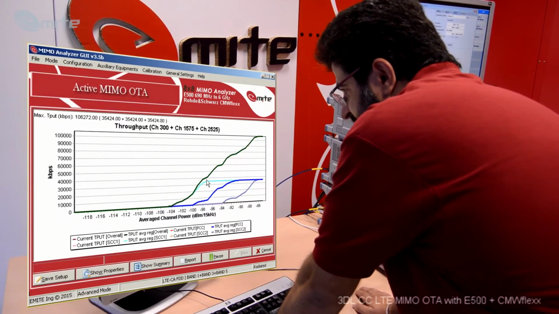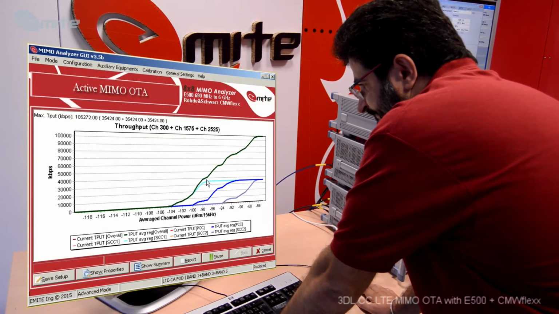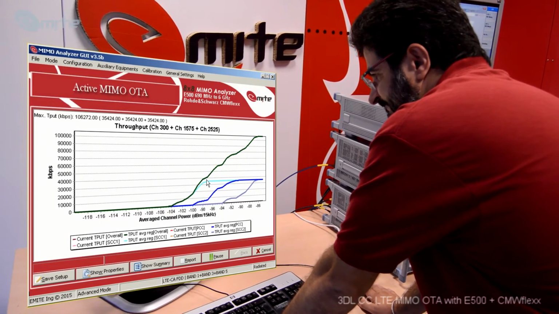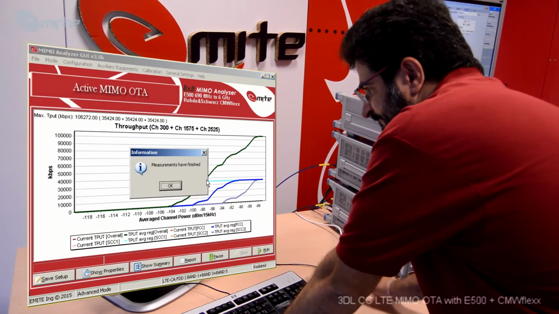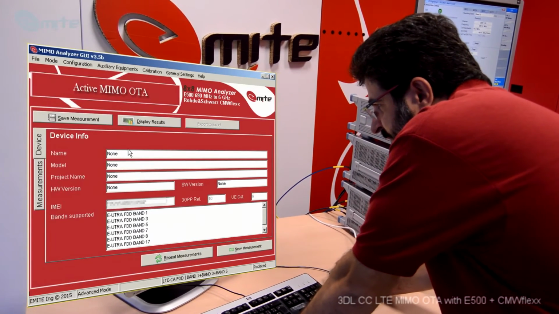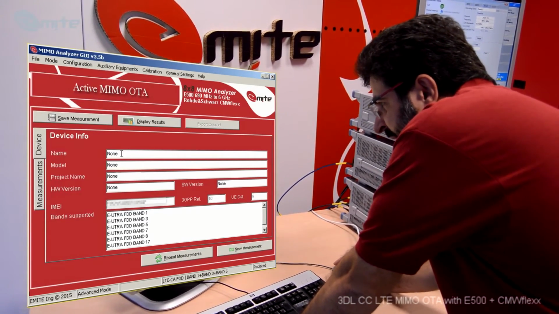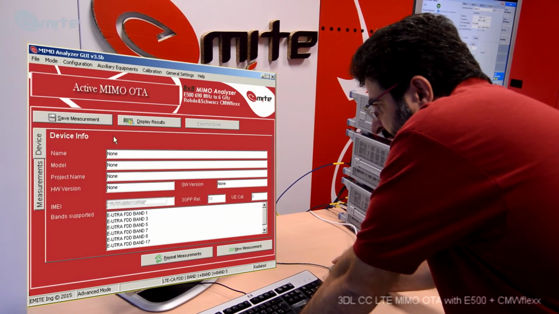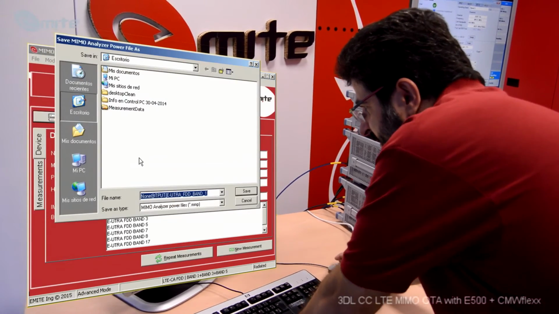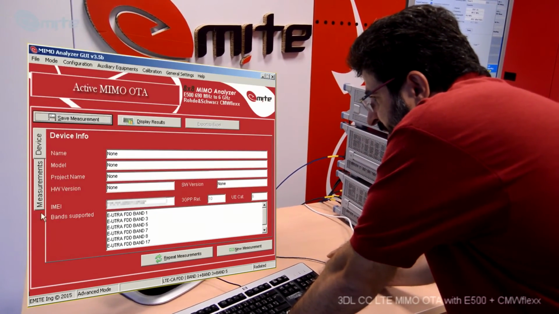Done. Okay, we have the possibility to name the file, the model or brand, even the measurement. I'll save it as general name here, and then we can just open